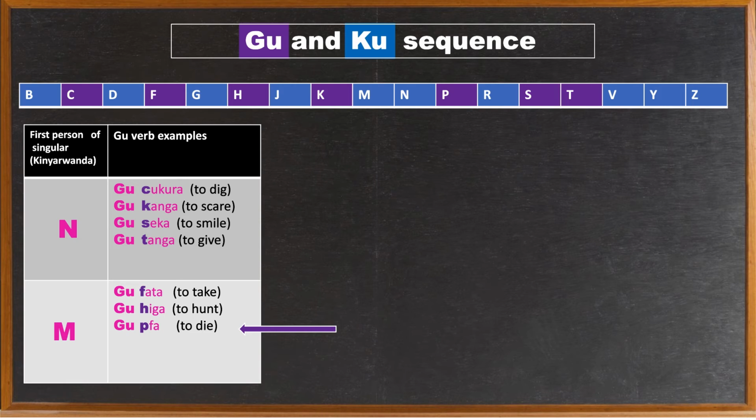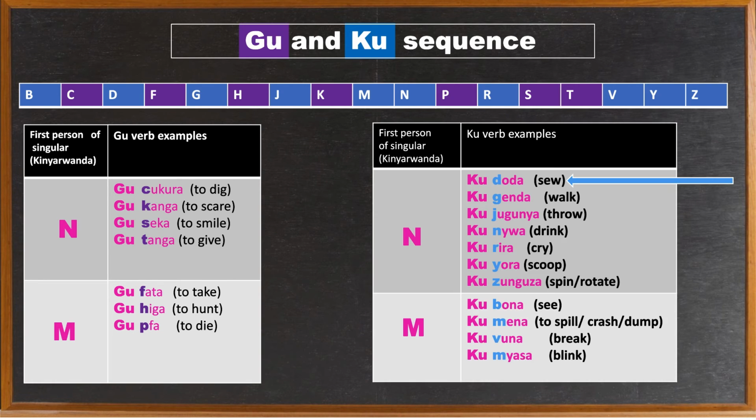That is really important when you are conjugating Kinyarwanda verbs. So it will come over and over again. You have to memorize that. So the first person singular subject pronoun does change from N to M. Now let's look at